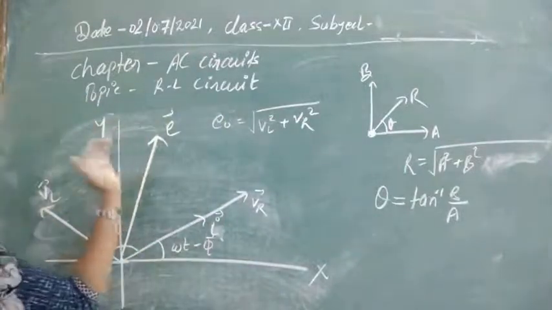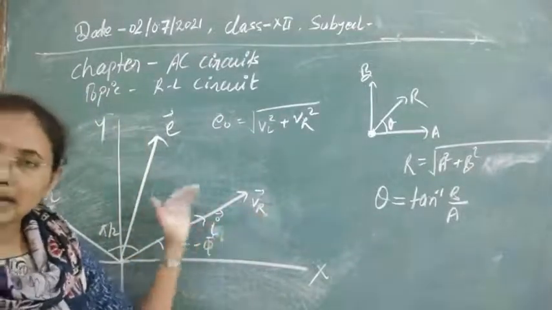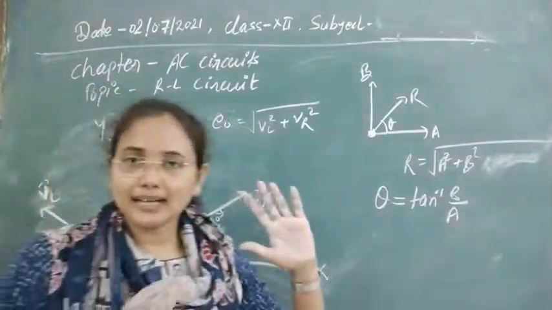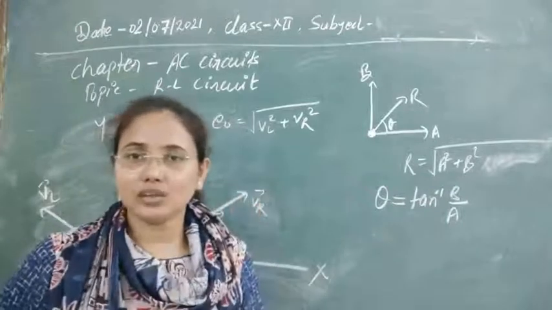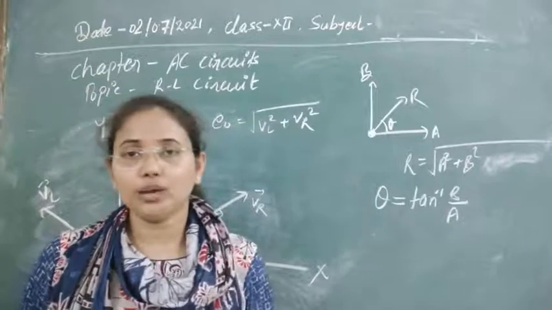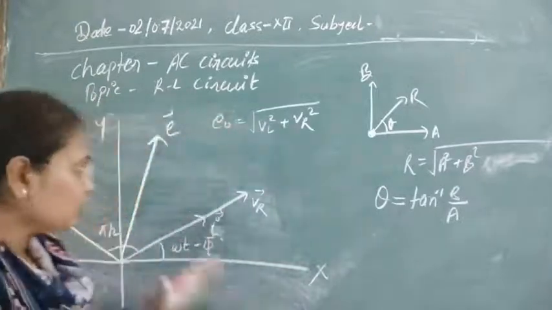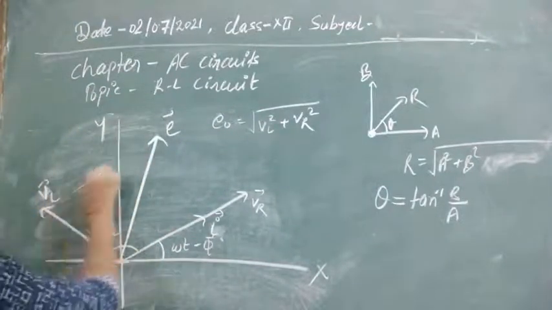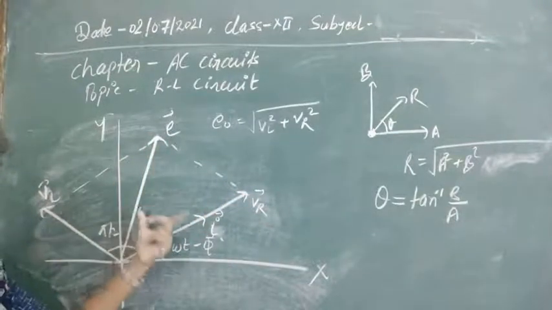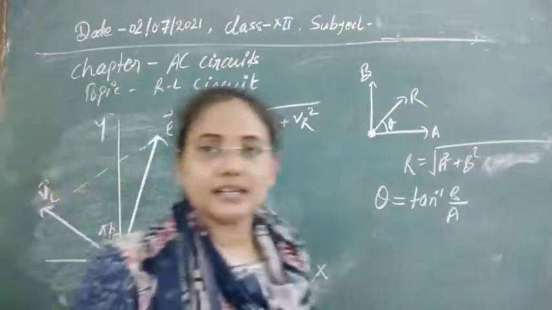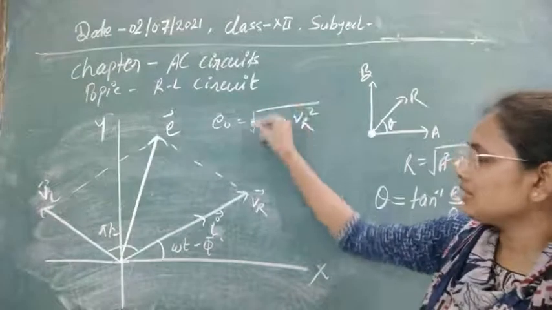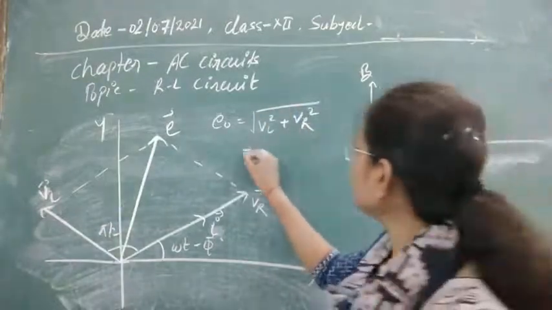For the combined circuit you can see that the resultant potential is not obtained in the direction of the inductive circuit or the resistive circuit alone, but it depends on both of the values, and according to these values we obtain it. So finally such a graph we get for this kind of circuit. This is the phasor diagram for the LR circuit. This value is obtained for the amplitude of the circuit, so you can calculate the amplitude easily from here.